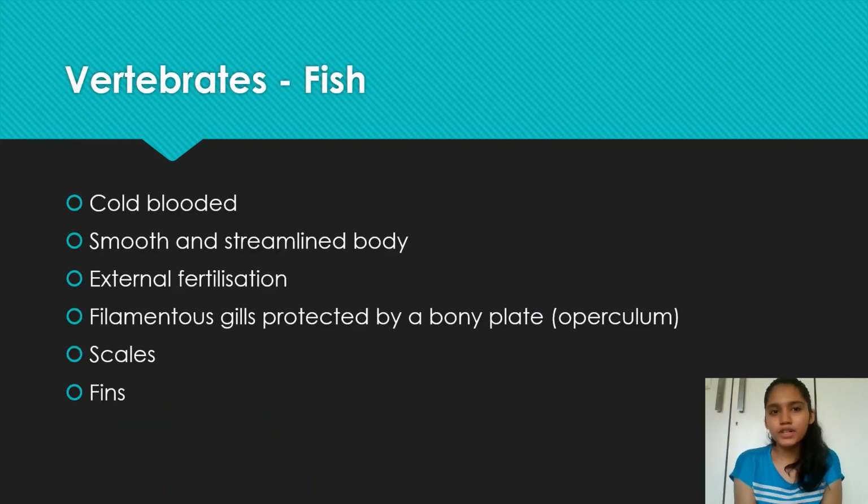Next, vertebrates. So we're going to start with the vertebrates. You have fish. This is also pretty easy. You know what a fish is. It's cold-blooded, which is a concept which is poikilothermic in biology terms. This is how you spell it. I should have probably included it, but